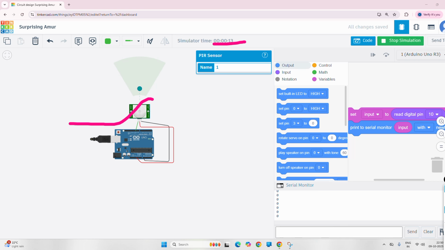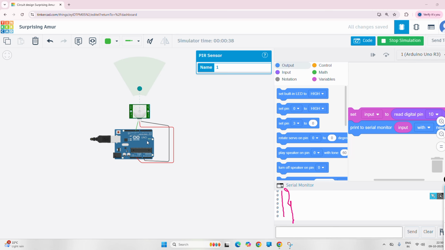Okay, now we will check whether the sensor is going to detect or not, means whether it is going to find the motion detection or not. See, by default in the serial monitor it is going to display the value as 0. Once the motion changes from the sensor, automatically it is going to change the value here. So you can observe here,